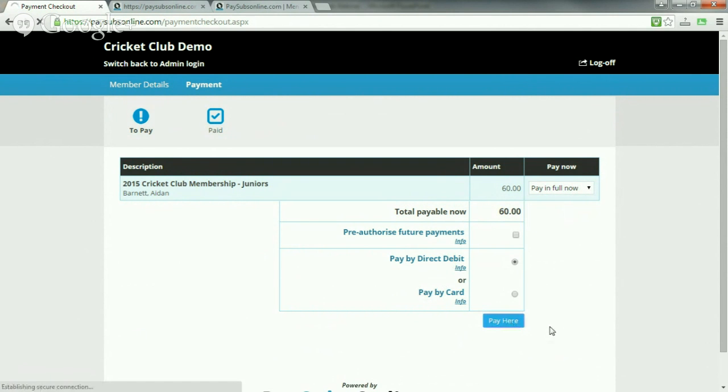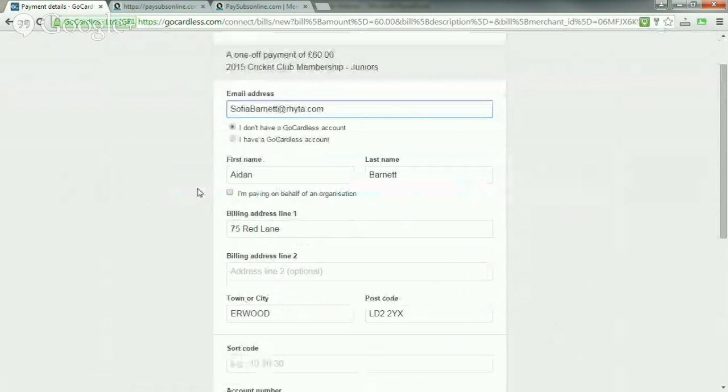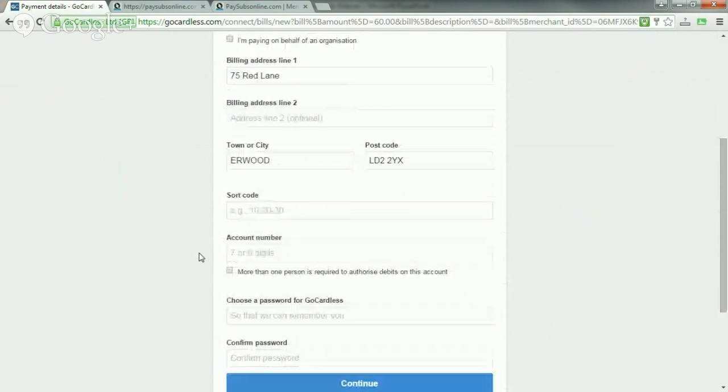So I'm going to pay this one in full, £60 by direct debit. If I click on here, that then starts the online direct debit process. You'll see that this is the form for the direct debit. It passes information from PaySubs Online into the direct debit form, so it's very quick, very simple. And then they'll just come down here, complete anything they need to, like the sort code and their account number,